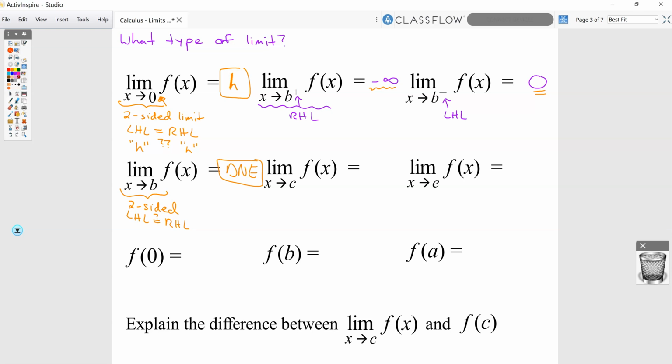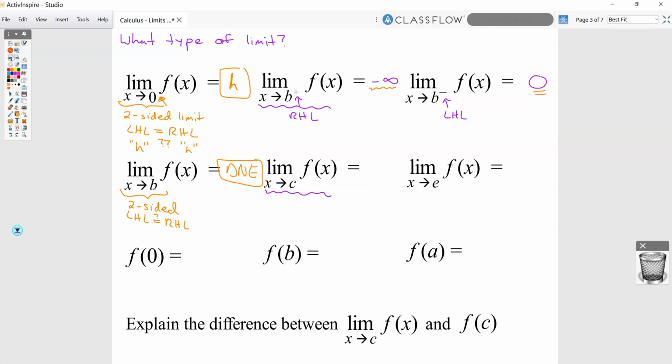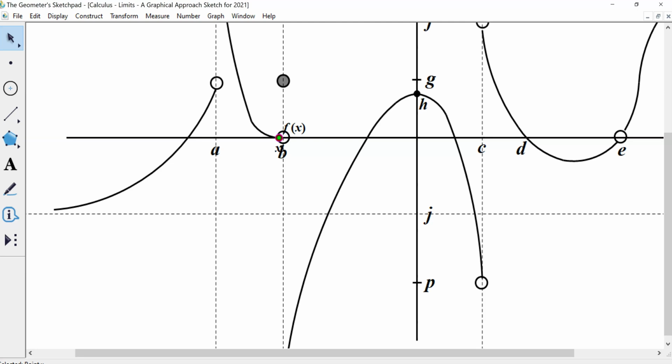All right, again, if you want to try this next one, you can pause the video if you want to. Ask yourself what kind of limit, and then see if you can get the right answer, and I'll catch up with you in just a second. Sorry, wrong page. All right, so as we approach C,